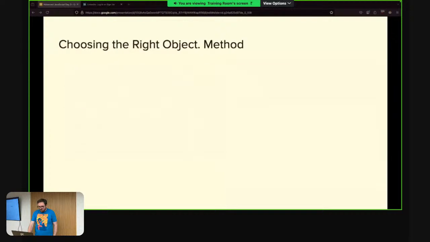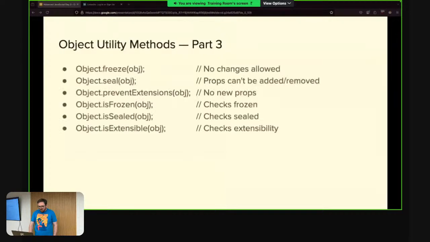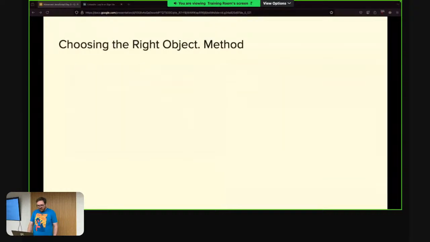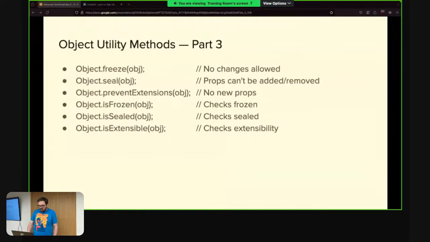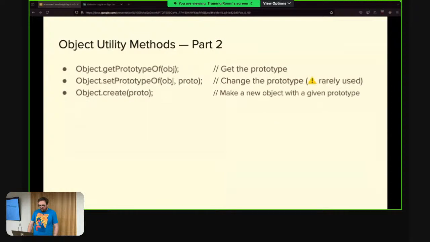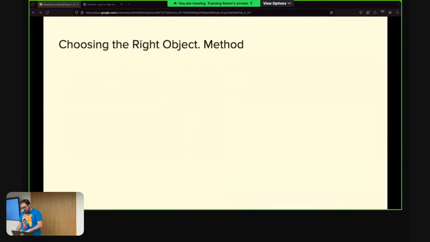Prevent extension sounds like you couldn't inherit from it. We could run another experiment. How much time do we got? No, you're good. It sounds like friend extensions would allow you to inherit, and you can only have those methods and possibly overwrite them, but you can't add new methods to it. So,